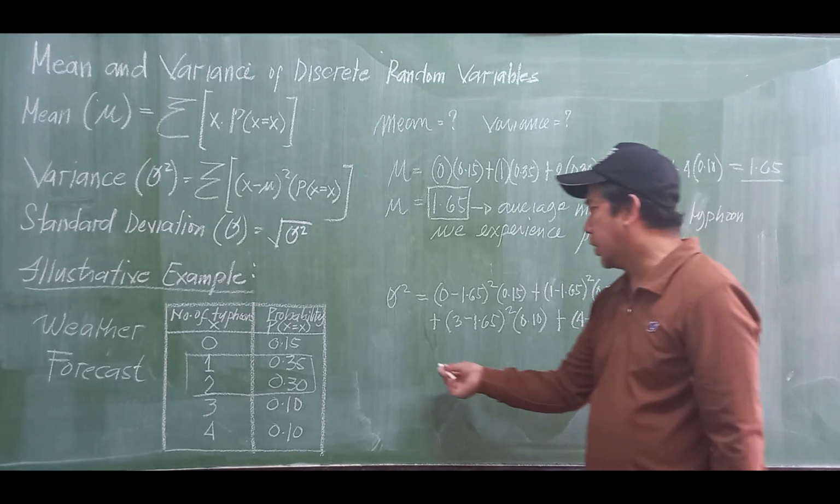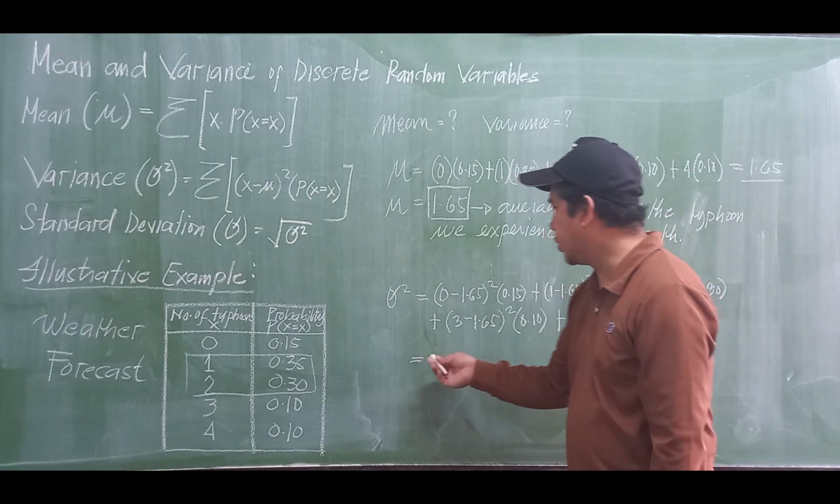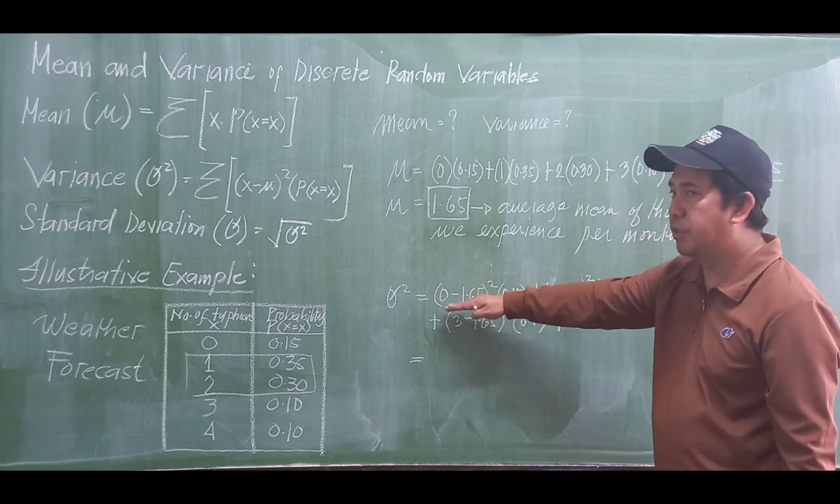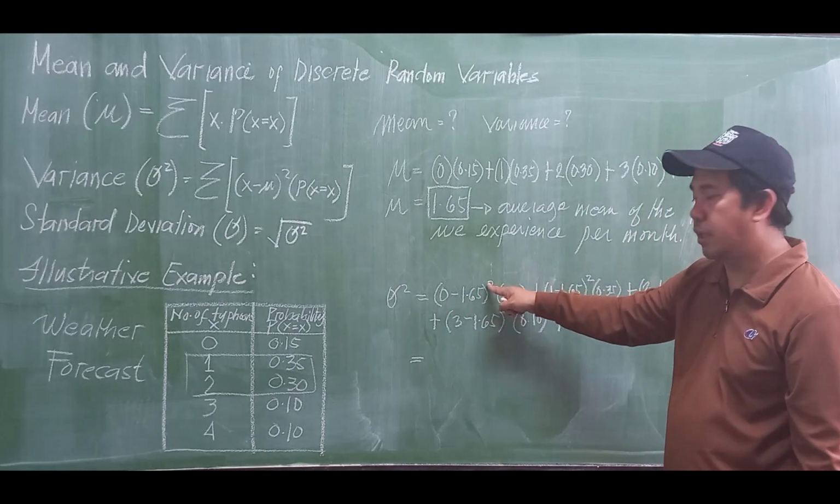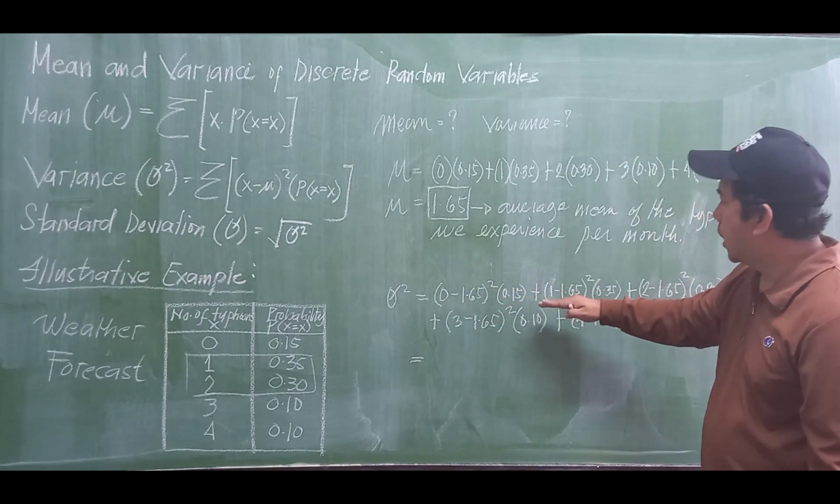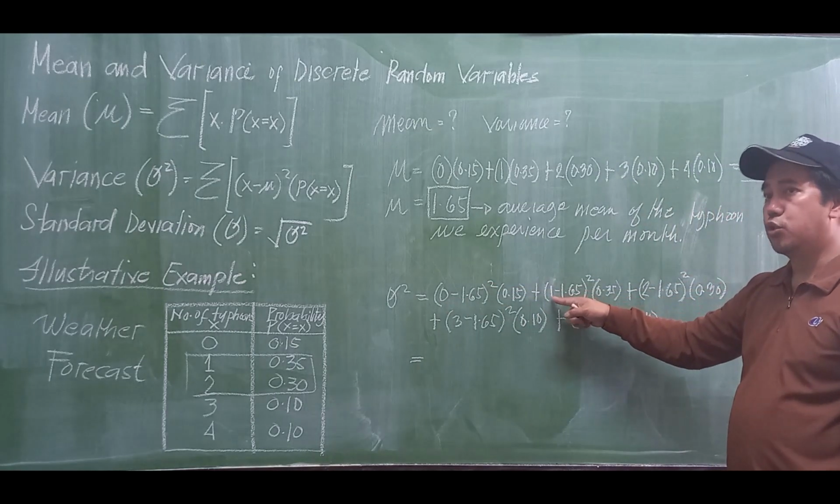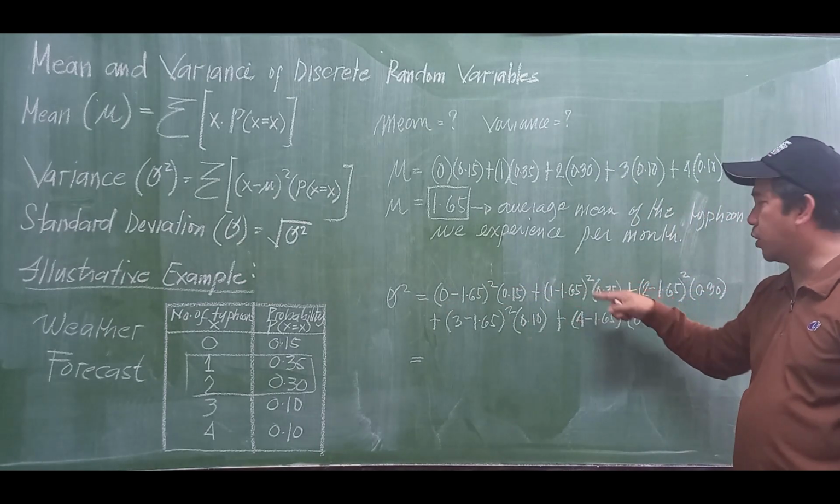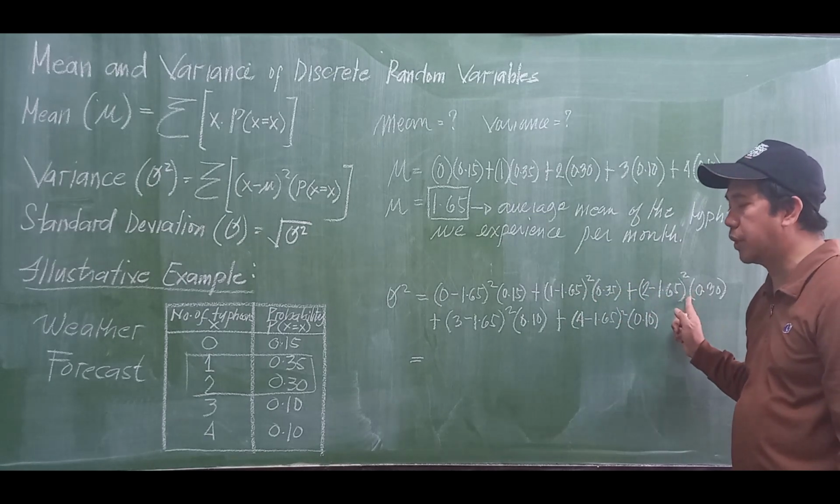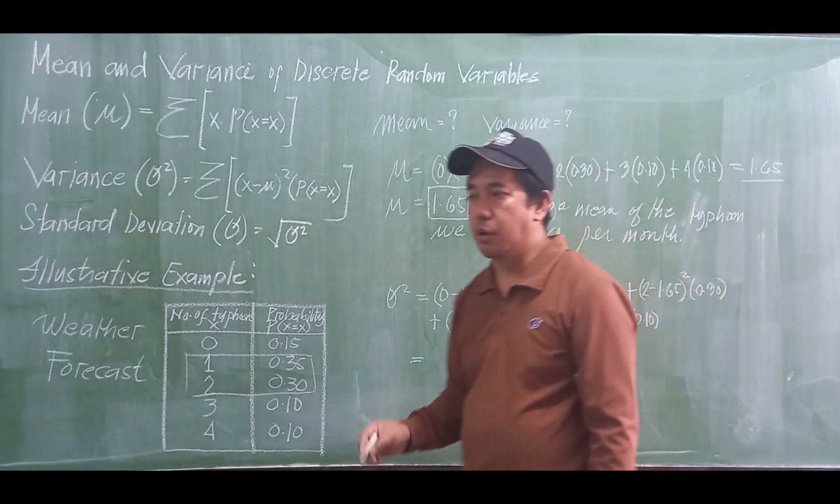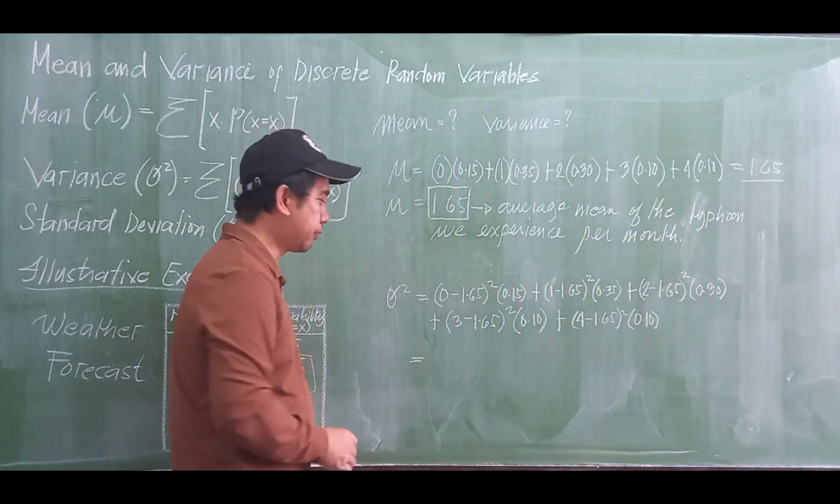And so let's try to make a shortcut immediately. After subtracting them, raising them to the second power, multiplying to this one, and then adding again this one, subtracting this one, raised to the second power, multiplied by this one, and so on and so forth. Now, the variance that we can have is actually